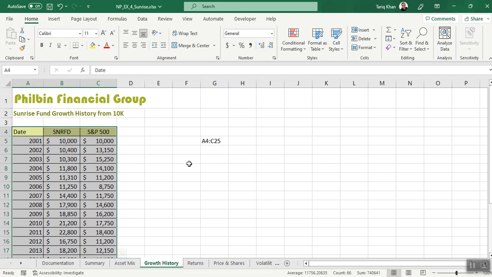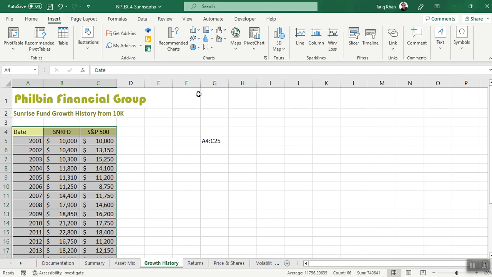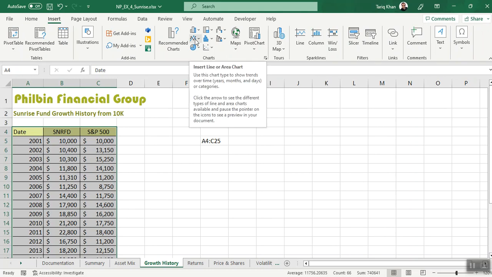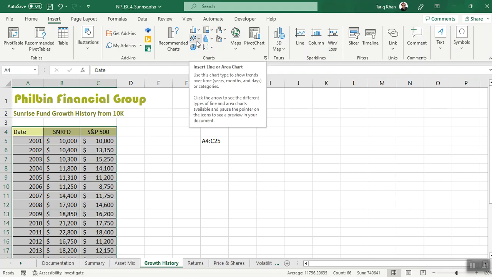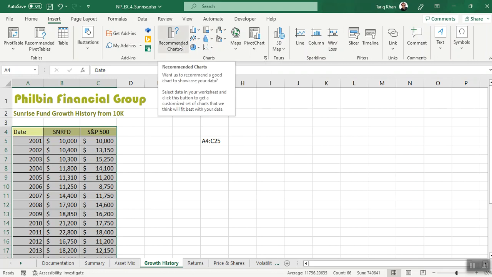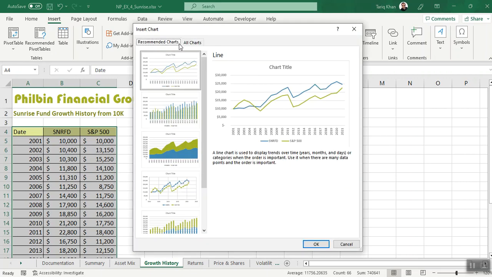Now, which kind of graph or chart do we want to make? We want to make a line graph or chart. So click on Insert, and you're able to see line and graph, which is given to us right in here. But we can also do all the charts and graphs recommended. If you are able to find it in here, we'll choose from here, recommended charts, and you're able to see